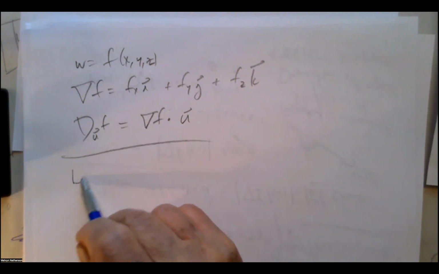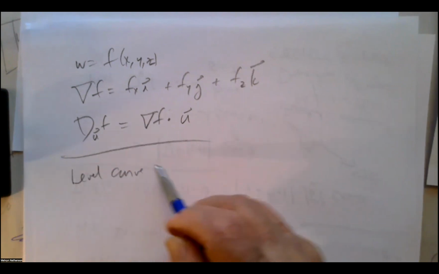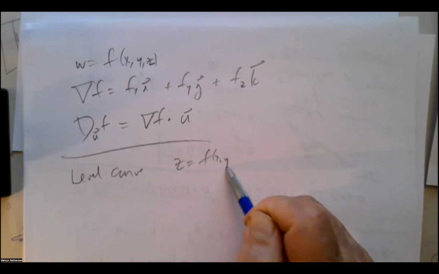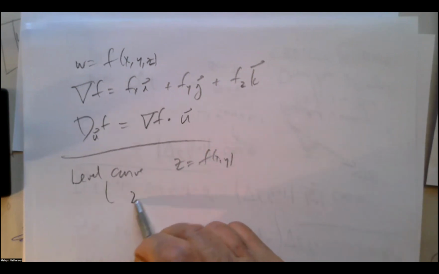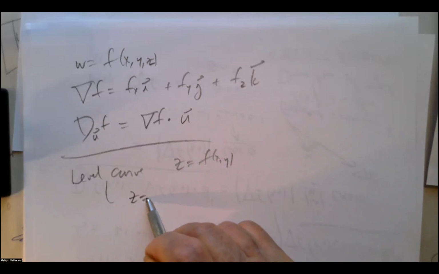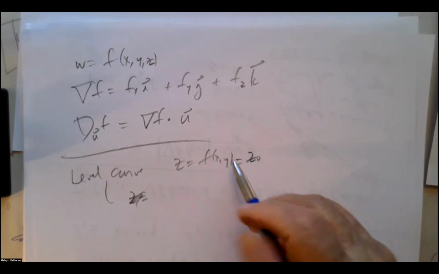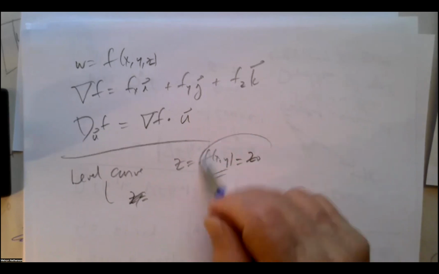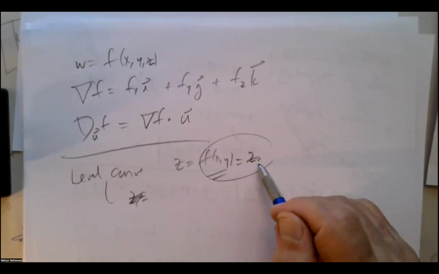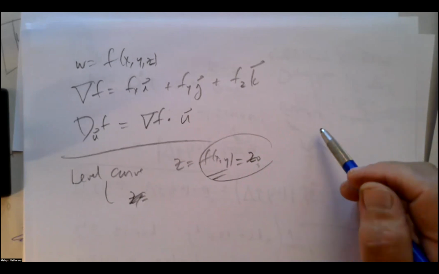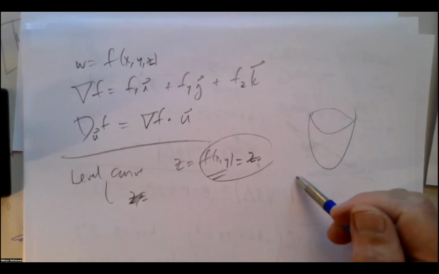And there is always what is called a level curve. So if you have a function z equals f of x, y, the level curve is z equals some number. Let's see what letter the book likes to use for this. It's all the points f of x, y equals z naught. These are all the points x, y in the plane where f of x, y has this fixed value z naught. So for example, if you had a paraboloid,